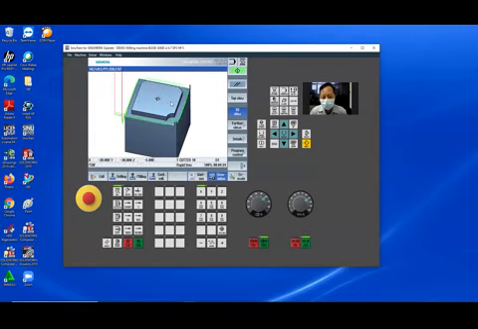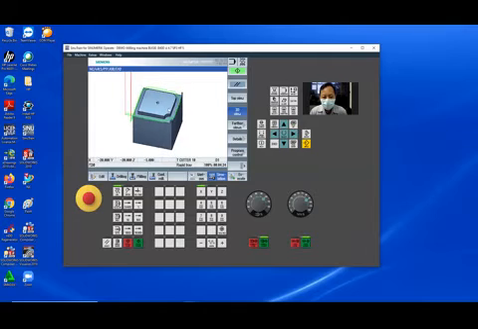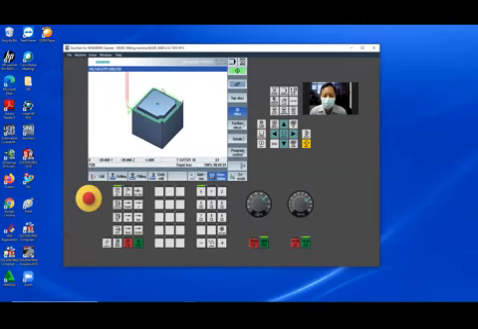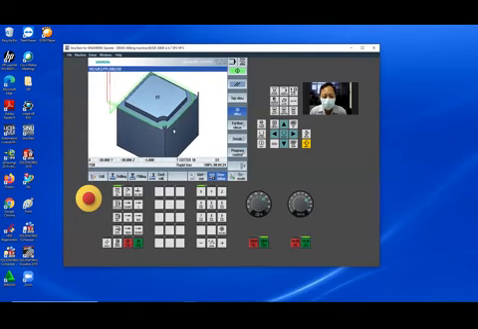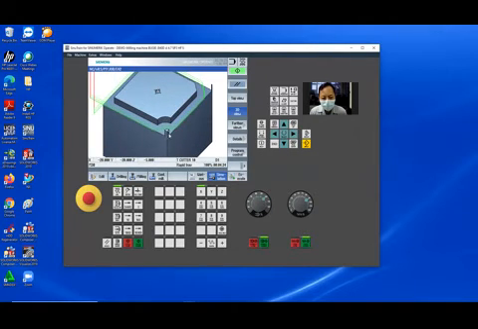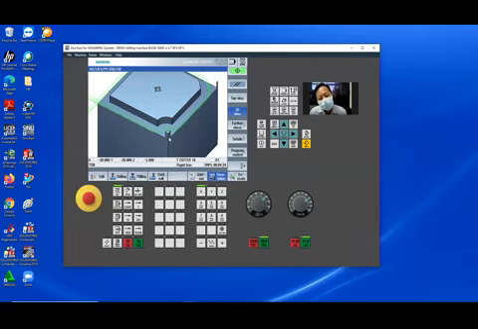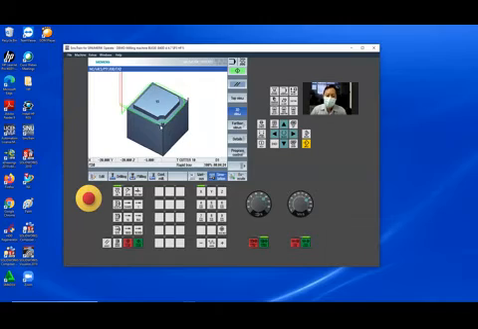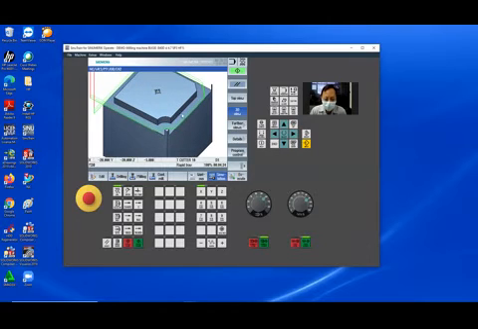Actually, you can zoom in and zoom out by rolling your mouse. If you click the middle mouse, you can turn the workpiece. Click the middle mouse again, and you can zoom in and zoom out. If you use pocketing but outside the contour, you can remove this wall, this island. Let's continue: how to do pocketing but outside the contour.